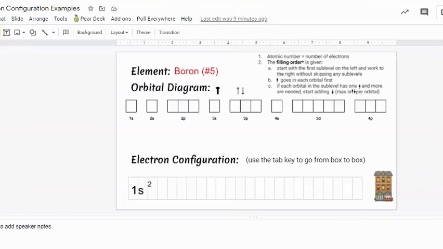Let's do the orbital diagram and electron configuration for boron. So boron is number 5. We know it has 5 electrons, and we start on the left side or the lowest energy level, and we go ahead and put 1 electron into that first orbital. It's not full, so we can add a second. So I'm going to go over here and grab 2. And when I put that in there, it just covers up that first electron. And now we've got a total of 2. Okay, so now we can move to the next sublevel,